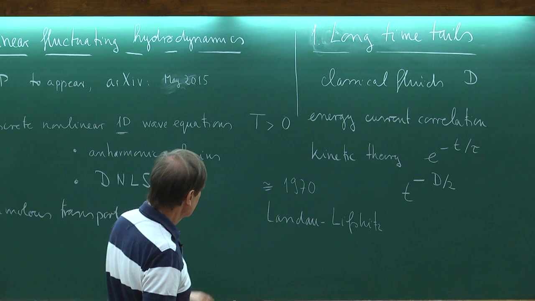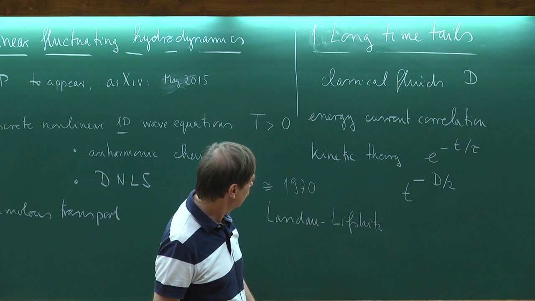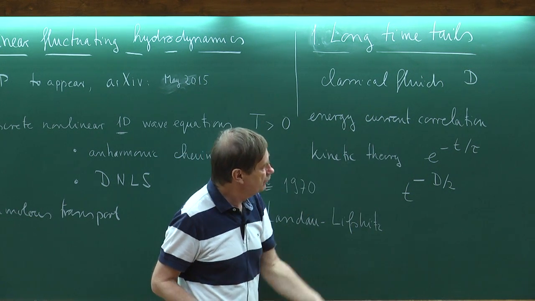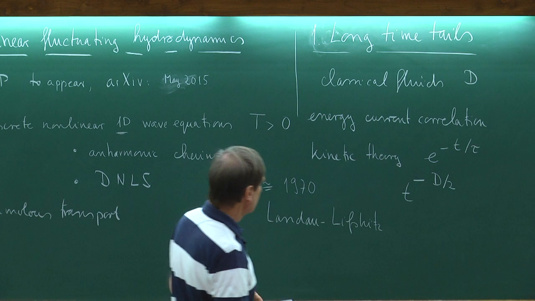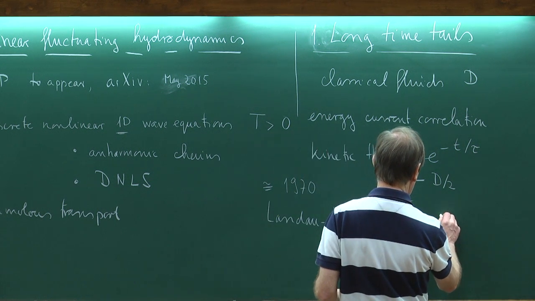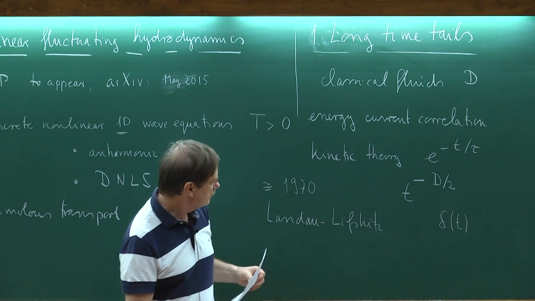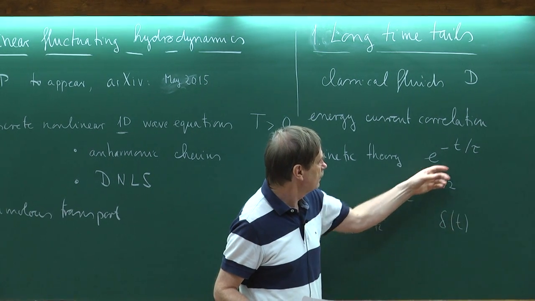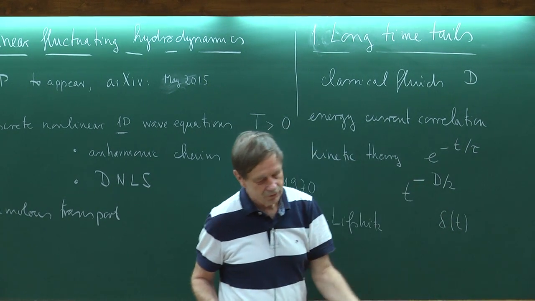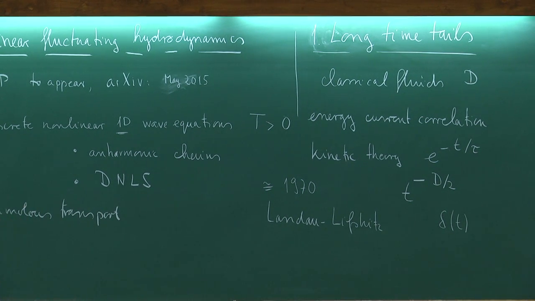And so you can try to use this Gaussian fluctuation theory, for instance, to compute the decay of the energy current correlation. If you use this theory the way it's written in Landau-Lifshitz, you will find a decay which goes like a delta function. Okay, so this is a macroscopic theory. This means, in some sense, that on that large scale, it's really more like what you would interpret as an exponential decay. All right, so that's fine.